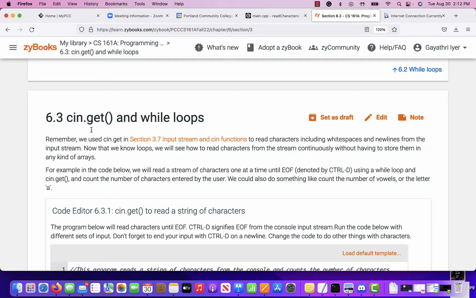cin.get and while loops. So what does cin.get do? cin.get is used to read a string of characters or just one character. Okay, so you have seen input